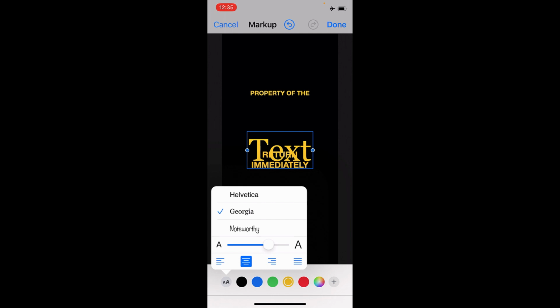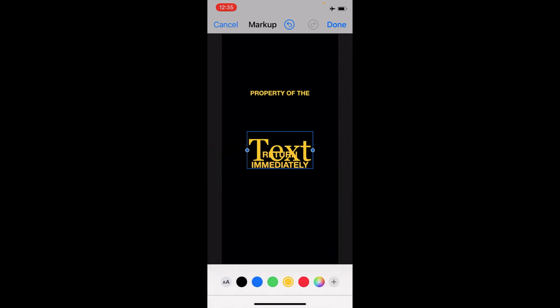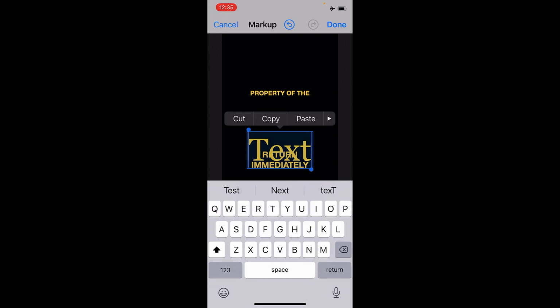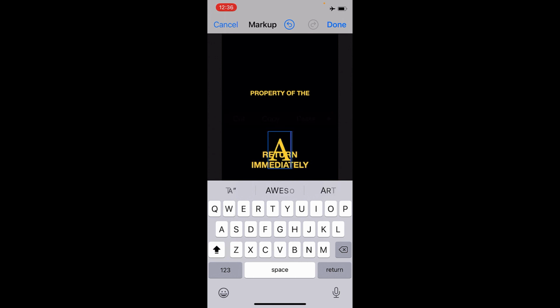But then from there, what we want to do is double click on the text. That'll bring up our keyboard. And from here, you can put in any three letters you want, like A, B, C, or A, D, E, or A, F, G. Whatever three letters that you're comfortable with, you can add those. I'm going to double click here for all caps, and I'm going to just put in A, B, C for